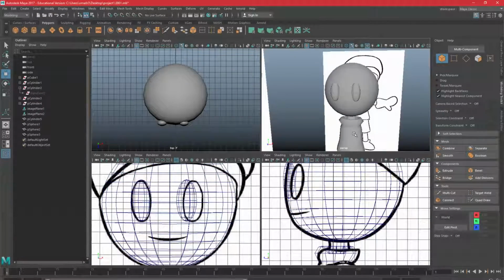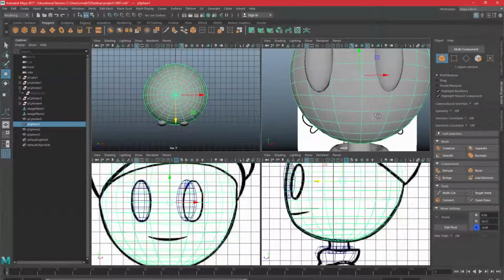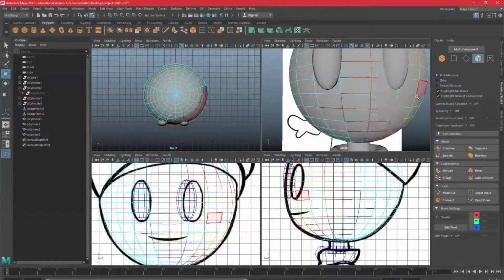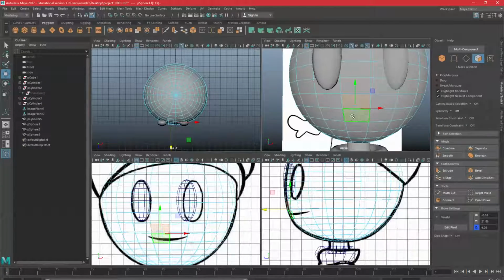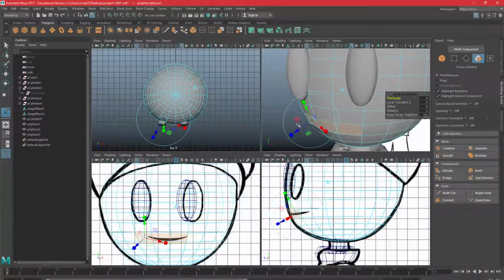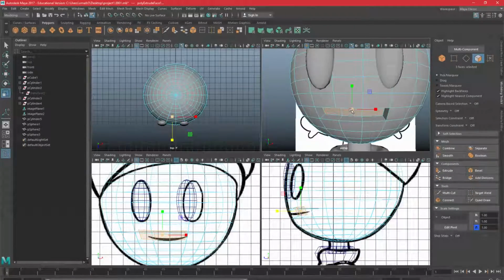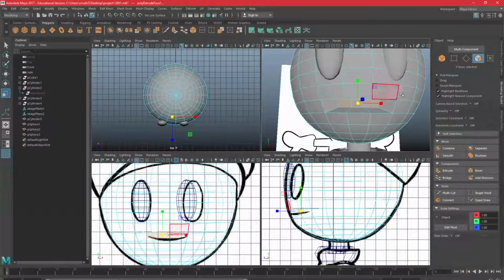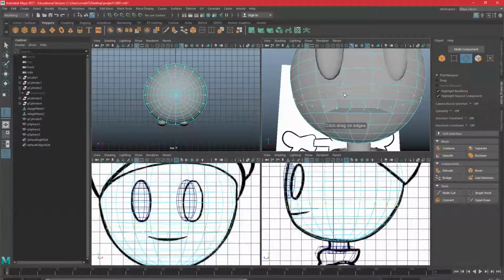As for the mouth, you could physically model the mouth into the model a number of ways. You could, for example, extrude inward and shrink down the gap and add edge loops around here until you have a really detailed mouth area. To keep this simple, I'm not going to bother modeling the mouth,